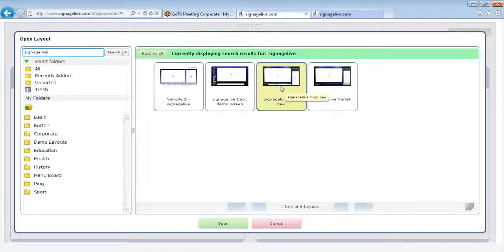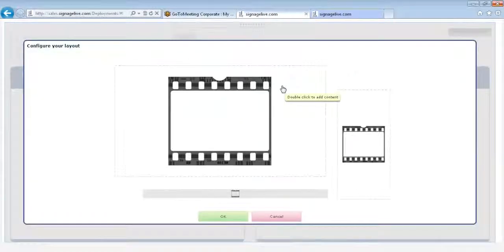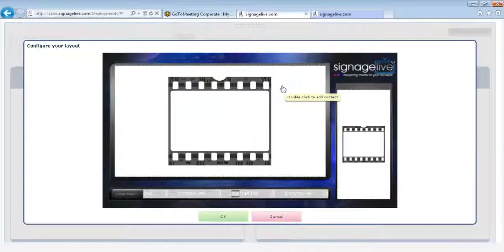And we use the corporate layout, this third thumbnail in. If I double click into that, what we now have on the screen is our layouts, and we just need to put our playlists into these film strip areas. So if I double click into this first area,